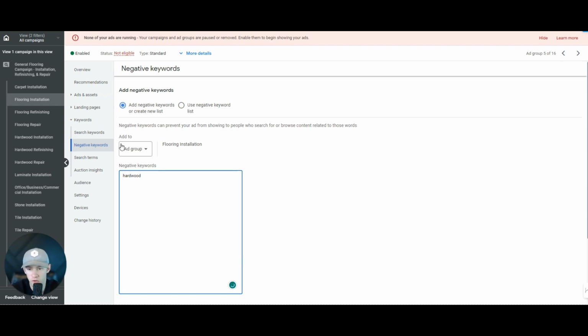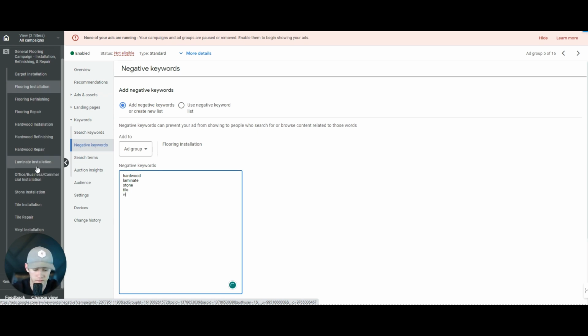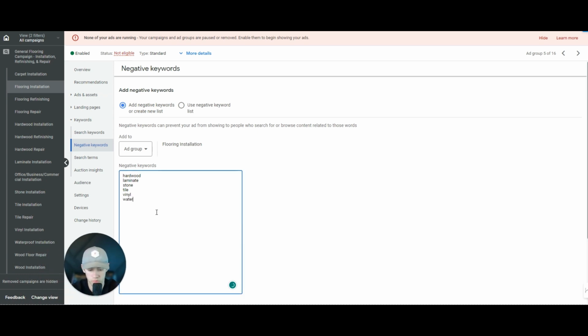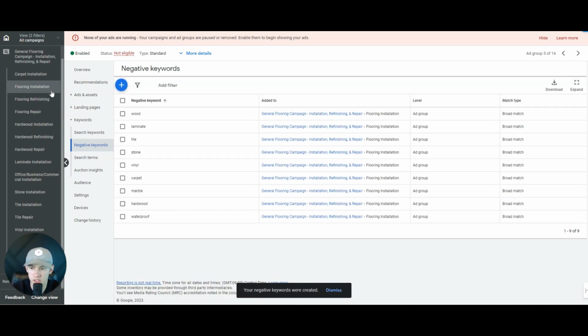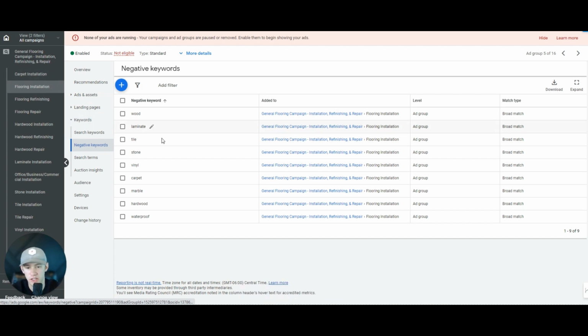So for flooring installation, since it's such a general term, we could do hardwood, we could do laminate, we could do stone and tile and vinyl, and we do waterproof and wood in general, and carpet, and maybe even marble. So when we add it to the ad group section, what's going to end up happening is that the flooring installation ad group is not going to show up for hardwood flooring installation, carpet installation, stone flooring installation, tile flooring installation,